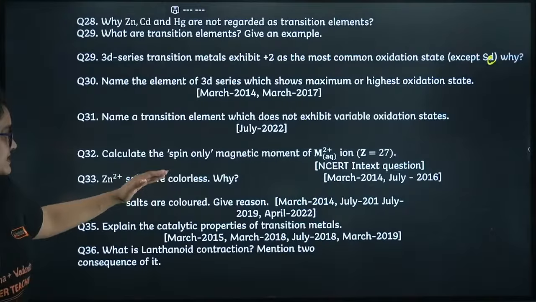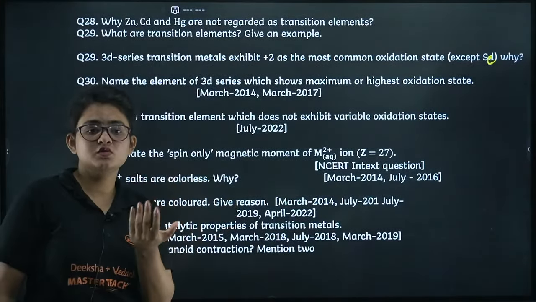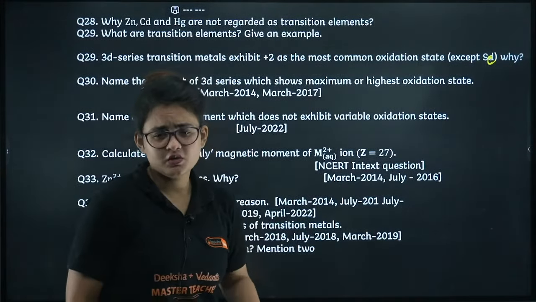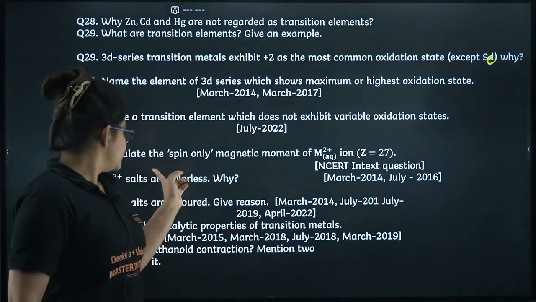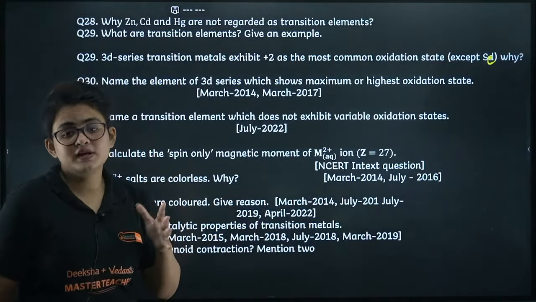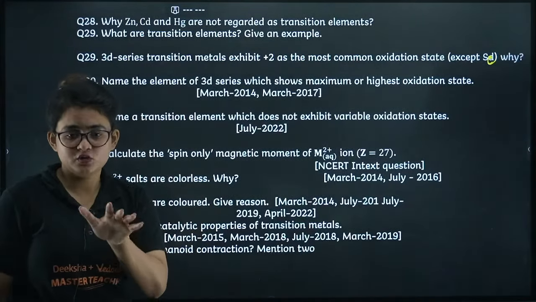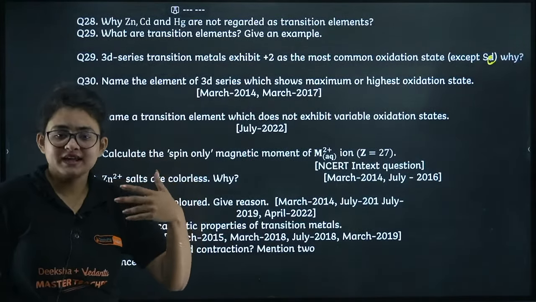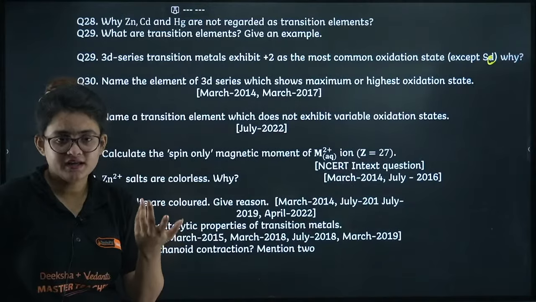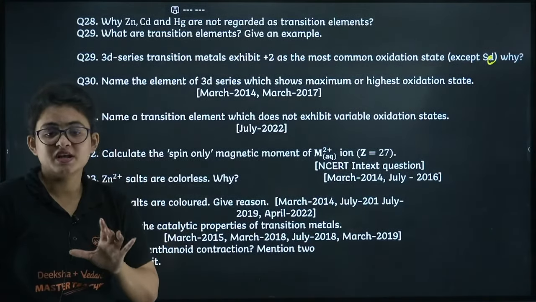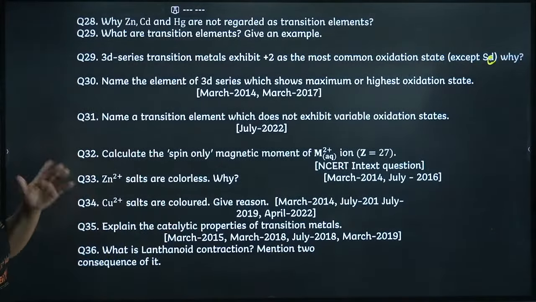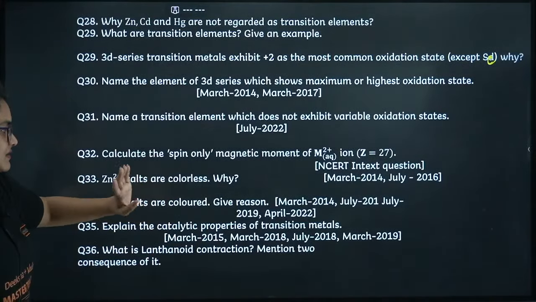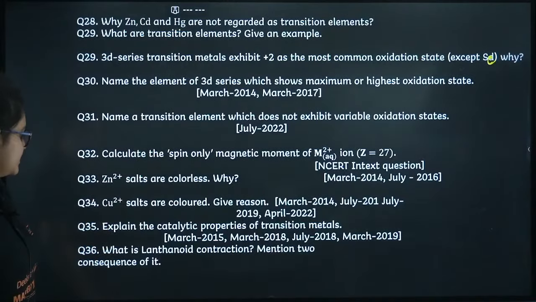Okay, next, zinc salt is colorless. This type of question, like why Cu2+, meaning copper sulfate pentahydrate, is blue in color and all, you can expect this type of question. So Zn2+ is colorless because there is no d-d transition. Whenever something comes related to color, please mention the point of d-d transition. It means the d orbital gets split in accordance with the crystal field theory, right? From t2g to eg, there can be a transition of electrons. That transition is not possible because it is having 3d10 configuration. Again, you can see Cu2+ salts are colored. Okay, so I guess you understood.